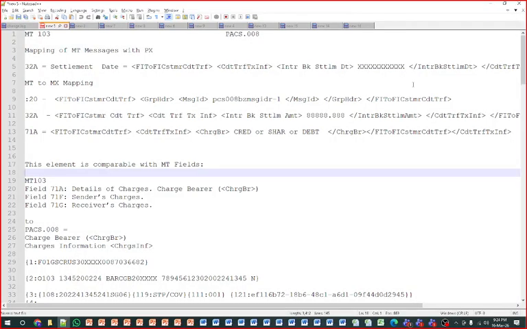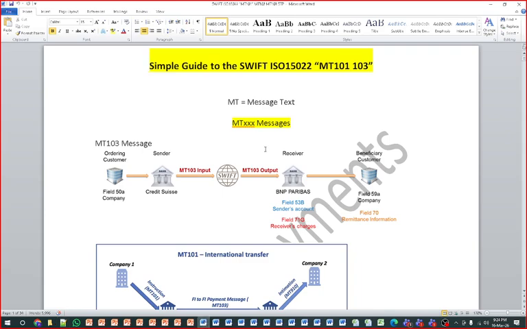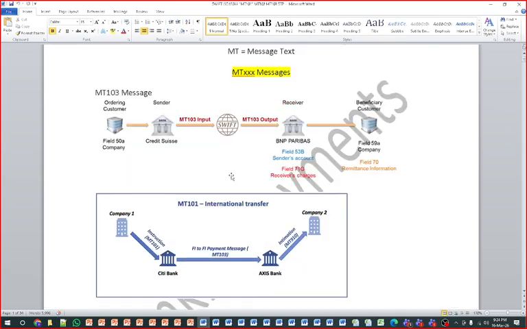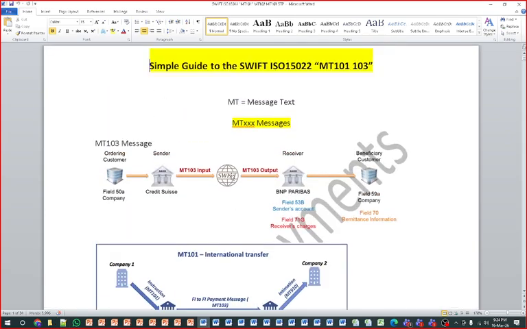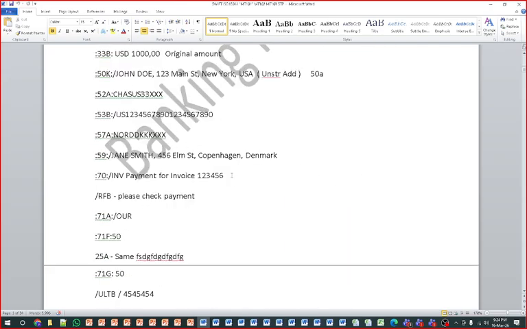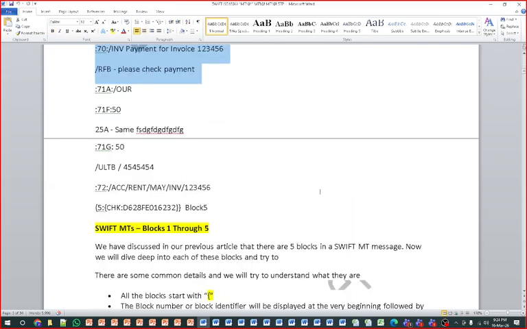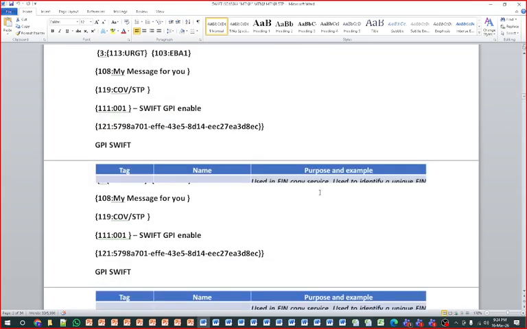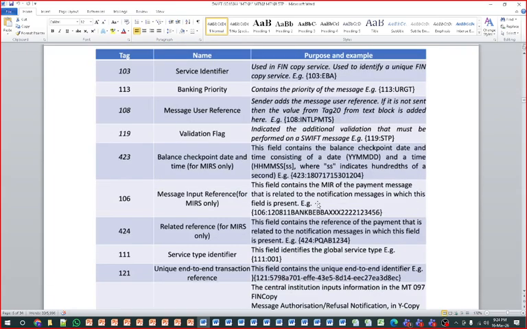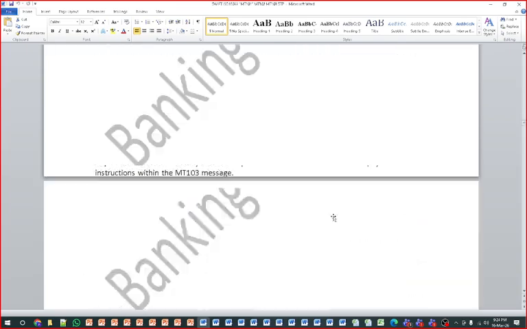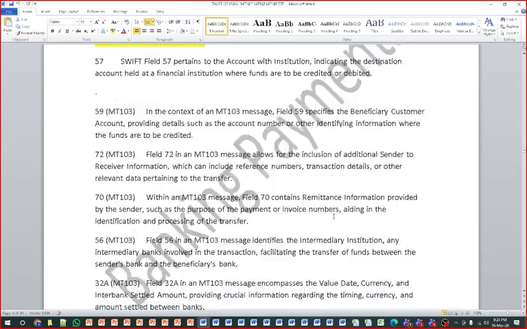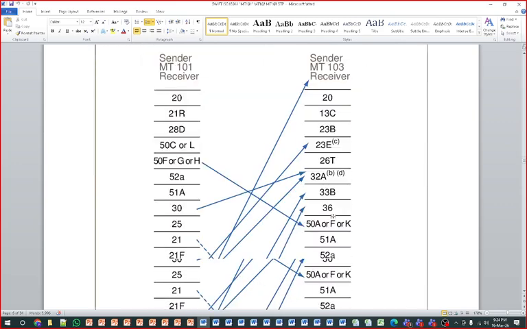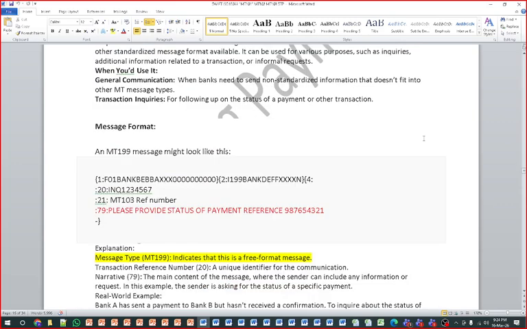Okay, this is one area. Also, these are my personal notes for when we are discussing ISO 20022 and MT101, 103. At that time we are going to discuss this area in a detailed manner, and these personal notes will help you understand each and every line. They contain all the MT103 messages, 104, 109, 202, 202 COV. So these are my notes, and we are going to walk you through them as well.